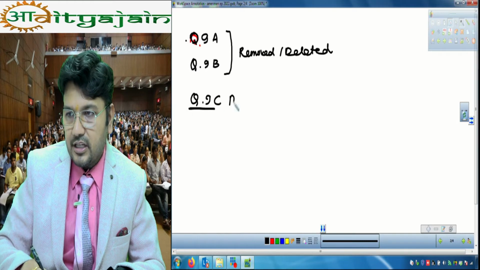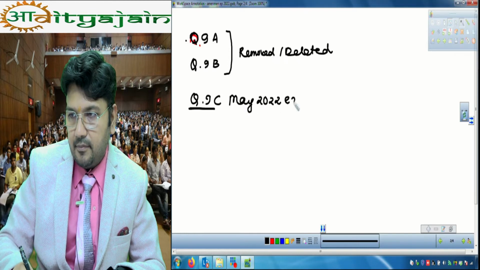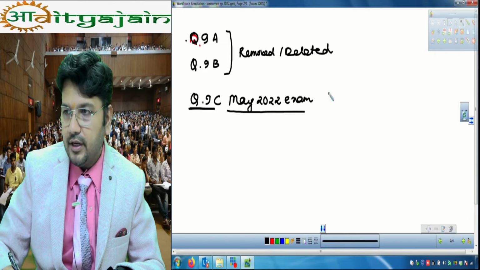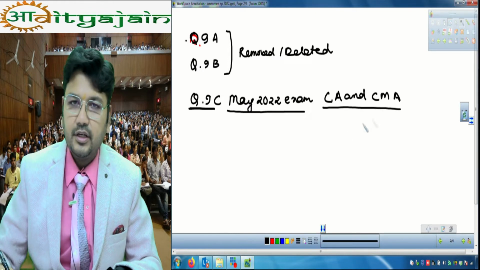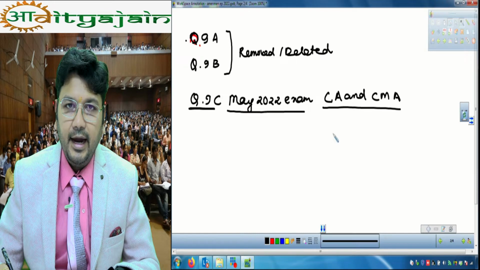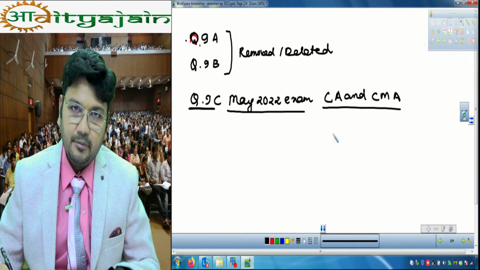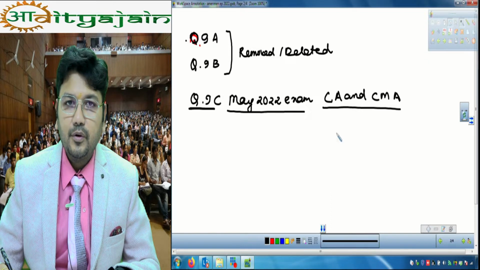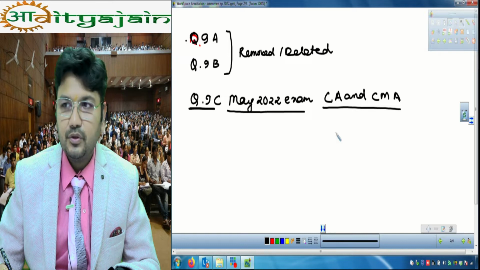This question was asked in May 2022 exam. It is equally important for CA and CMA student. This question had been amended 3 times. So we will be doing the latest solution given by the institute,